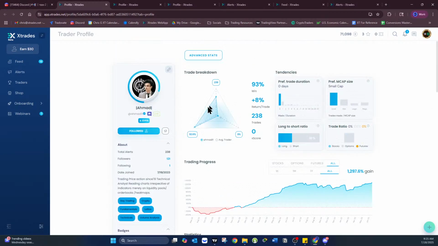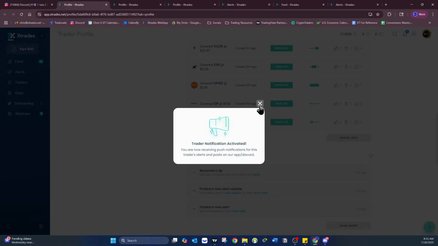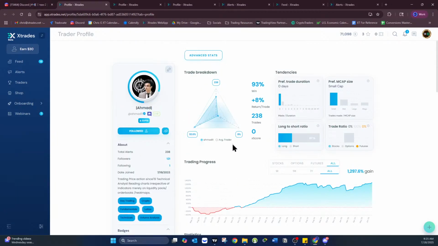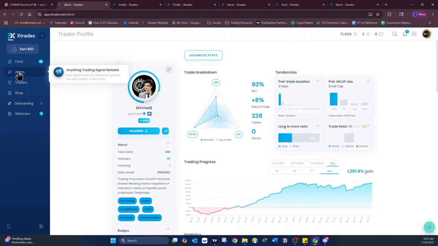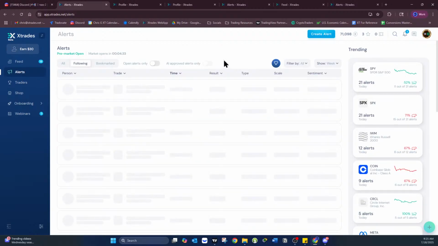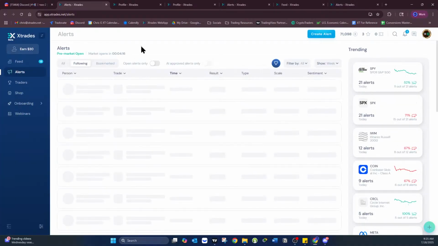So this is, again, somebody that maybe you can consider following, right? He shorts a lot of stocks as well, so don't get me wrong, he doesn't just go long, he also shorts stocks, so you've got to be careful shorting stocks that may be moving kind of crazy. You don't want to get caught in a trap where you end up having to cover your short and it becomes very expensive. Right, so again, I can filter all trades by the traders that I'm specifically following. All right, let me refresh this.